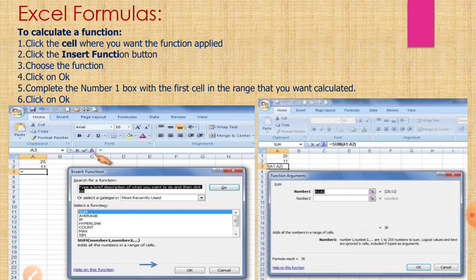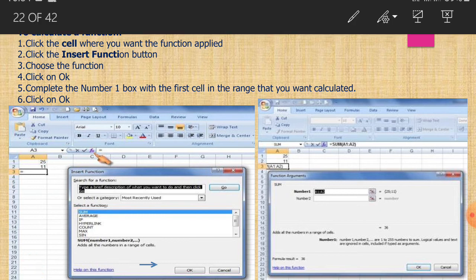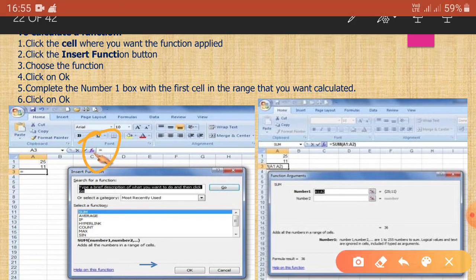Then click the insert function button. If you click on the insert function button, then a window will be shown, and here you have to choose the function, what type of function you want to choose.